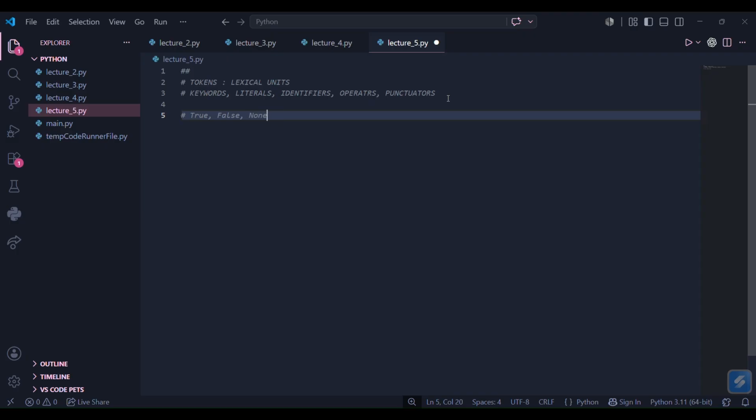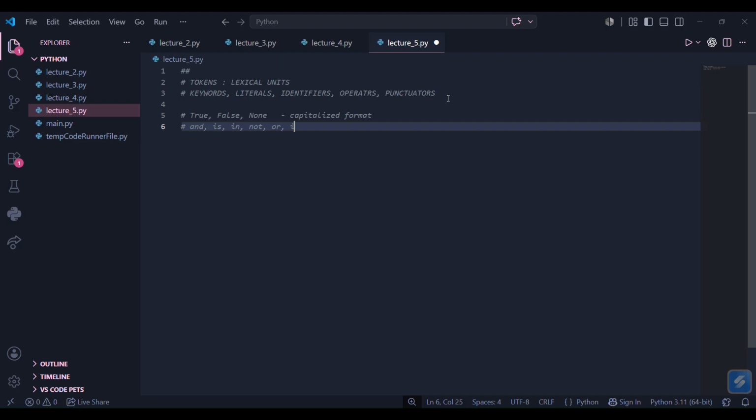Remember, only these three keywords are the ones that have capitalized format. Means only the first letter is capital and the rest of them are small. Every other keyword is in lowercase, and is in, not, or,